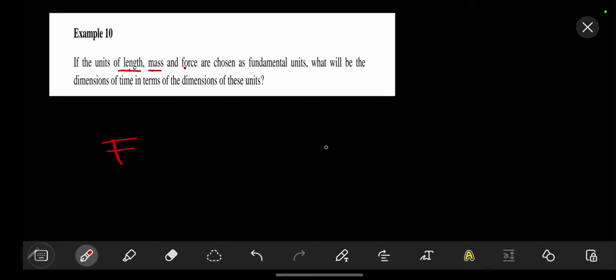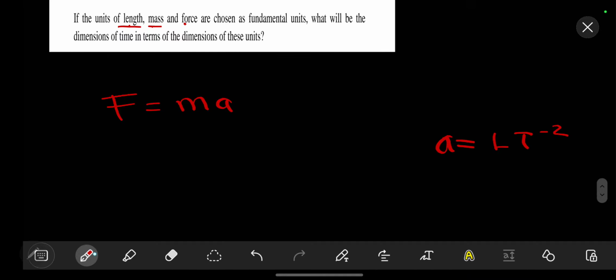Indirectly, we know that acceleration has dimensions L T raised to the power -2. So the force, according to Newton's second law, is the product of mass times acceleration. So we know that in terms of dimensions,